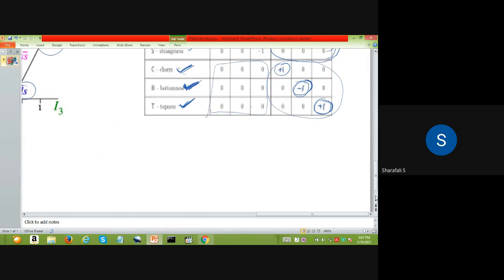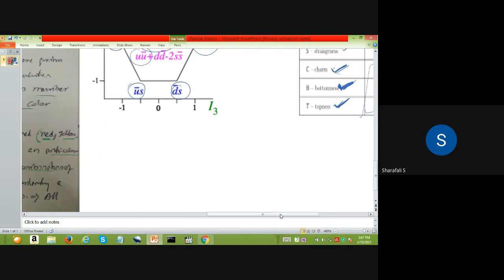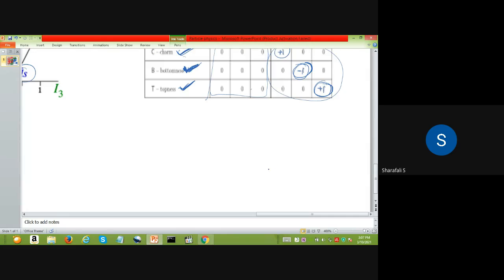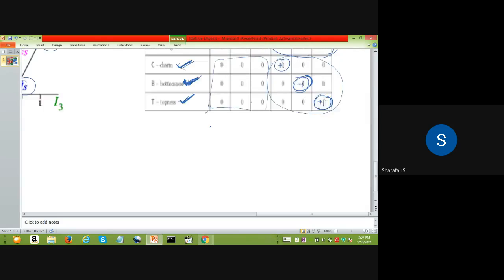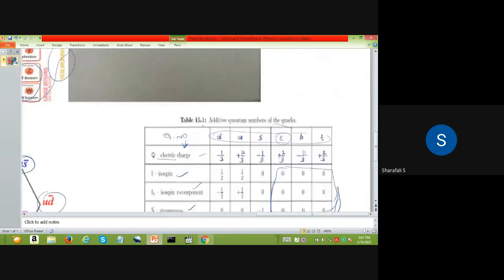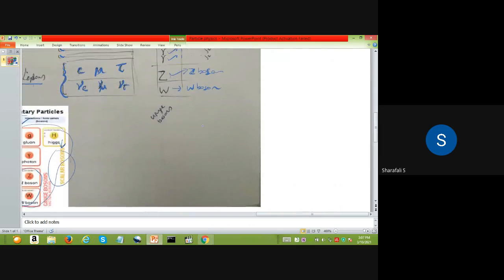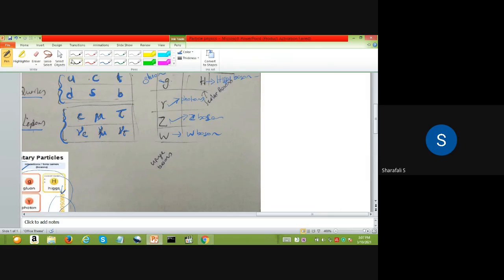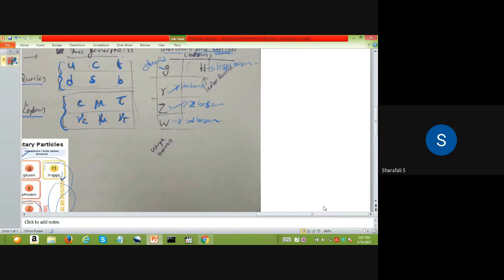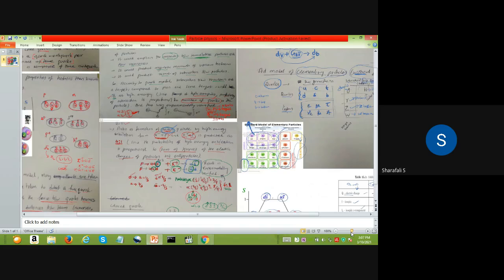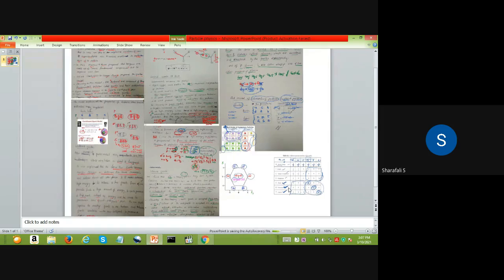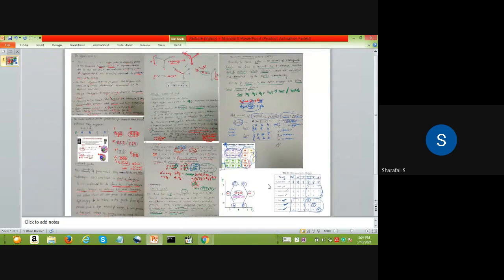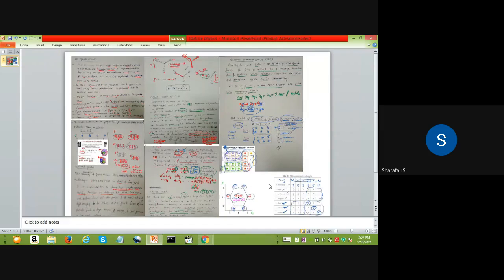Also, I will just show you one other. Okay, so that's all about particle physics. Okay, so that's about the quark model. The end of